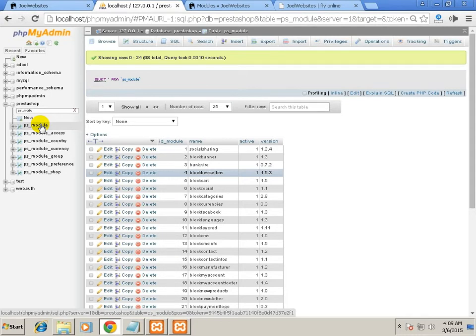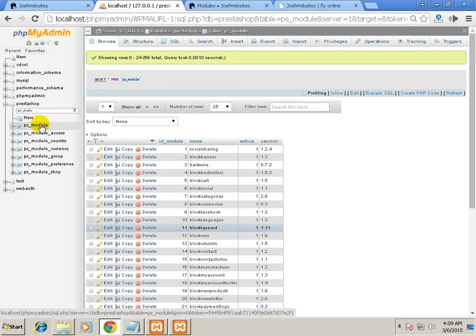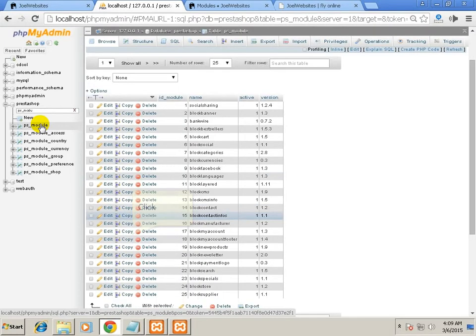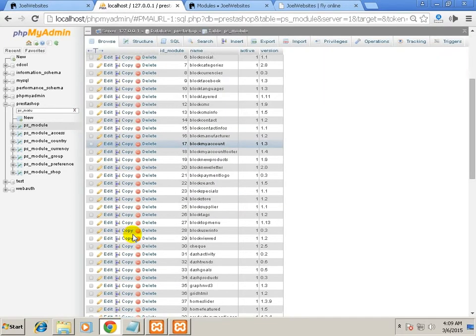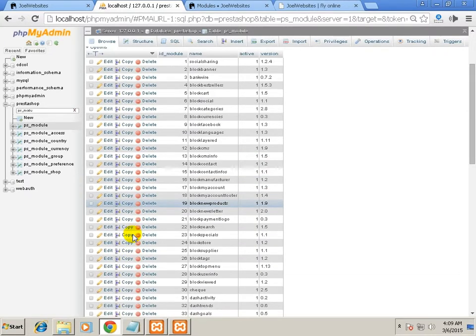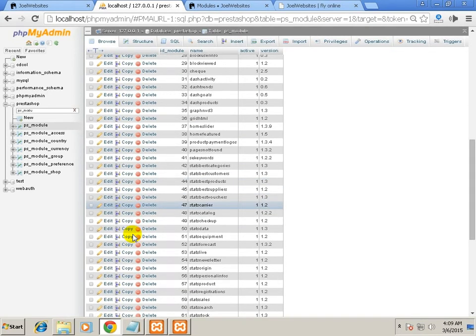Okay, so this is a list of all the modules. It is displaying 68 results, so we see that there are 68 modules, module rows in this table.